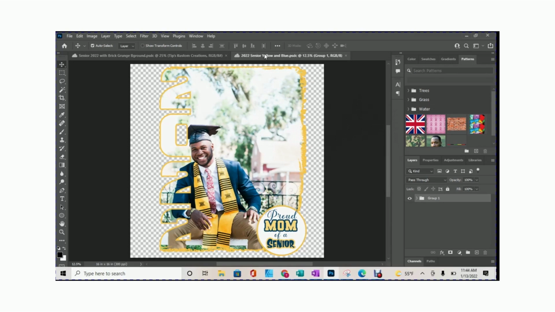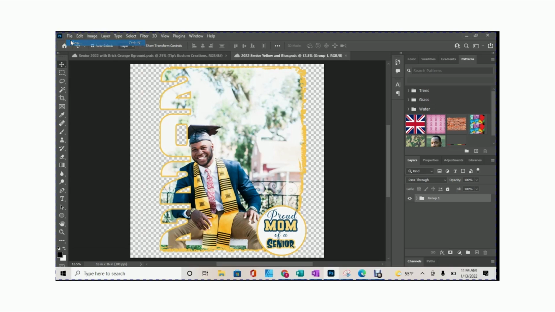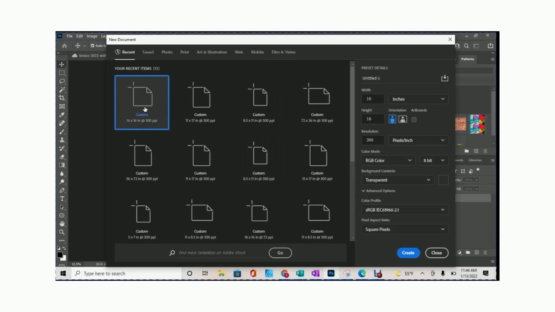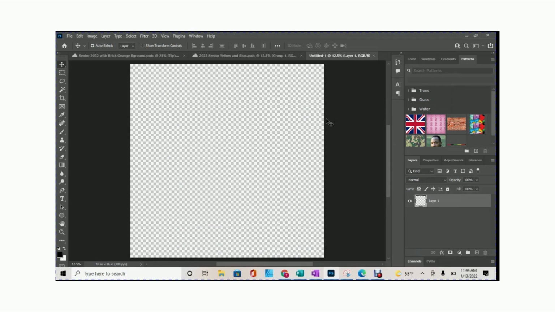I wanted to show you guys in Photoshop how I was able to put this image that you see right here inside of this photo frame. Now I'm not gonna go through everything because I only have a quick few minutes. So what I'm gonna do, I am inside of Photoshop. I'm going to click on New, and I'm just gonna use the 16 by 16 because it'll make the page bigger. It's just my preference. You can choose whatever size that you want.